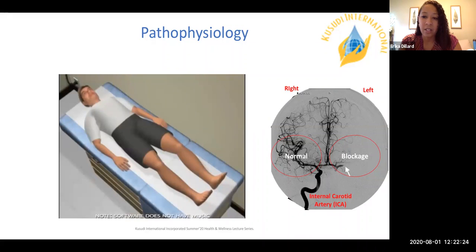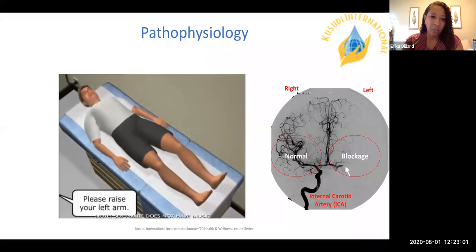But what you will notice is that on the left side, there's a cutoff. One of the arteries is cut off. There's no more blood that you can see flowing through that artery that's supplying the left side of the brain. So there's a blockage. It could be from an embolus. It could be from a thrombus. But for some reason, there's a blockage right there that's preventing blood from flowing past that point. The left side of the brain typically controls the right side of the body. So in this video I'm going to play, you'll see what happens when the left side of the brain actually has a blockage and is causing stroke.